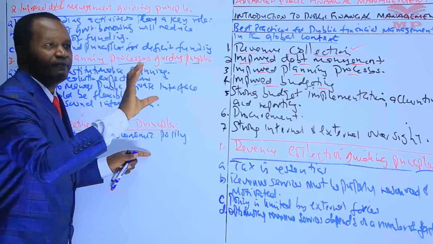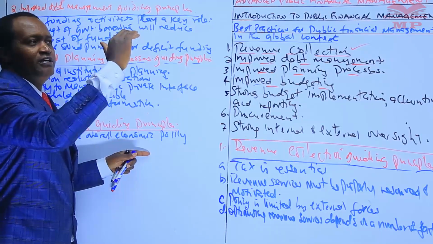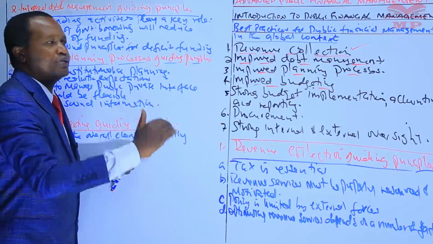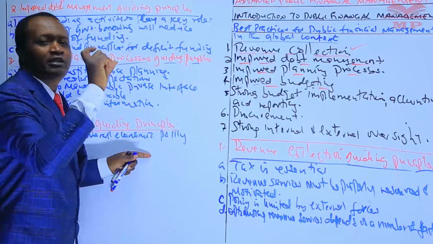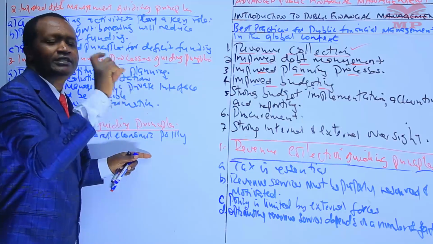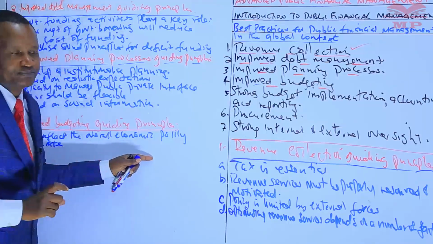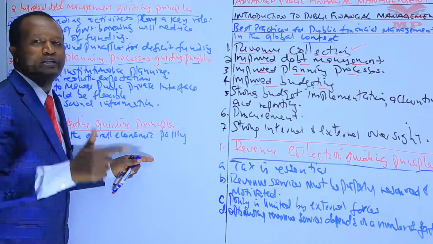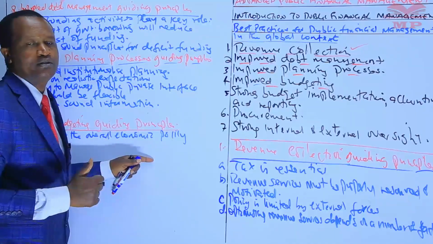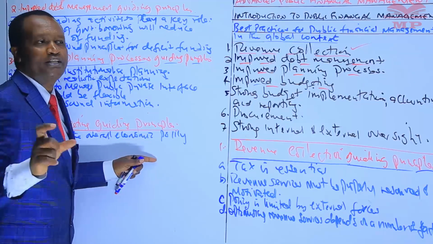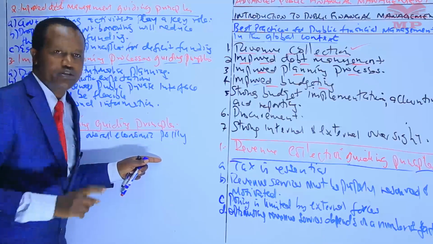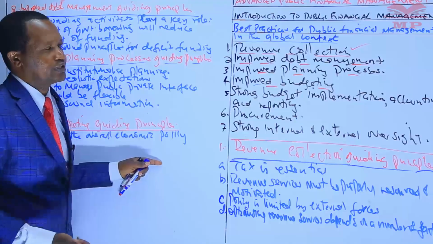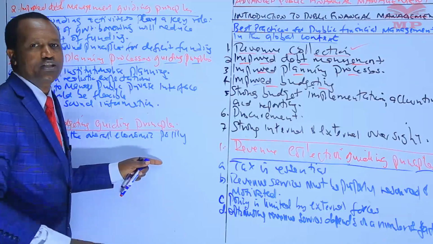Within the circular, the entities are required to prepare a budget using a certain format. So when developing the format under the regulations through what we call the subsidiary legislation, the Cabinet Secretary for National Treasury is required to ensure